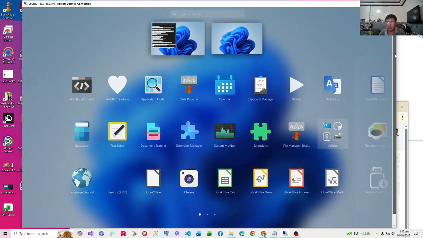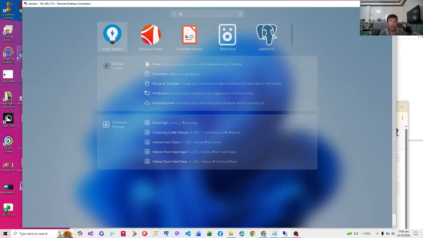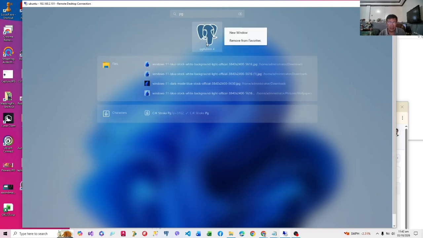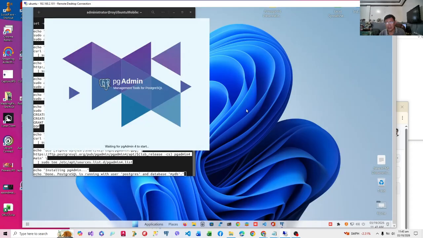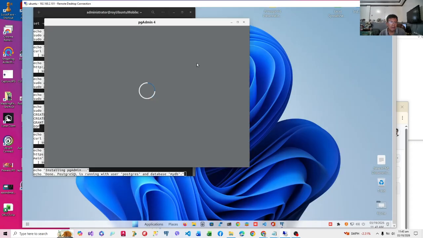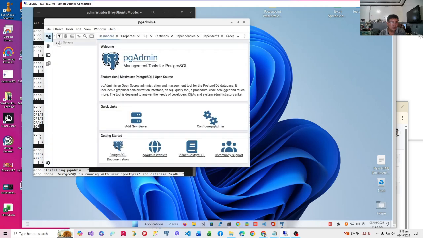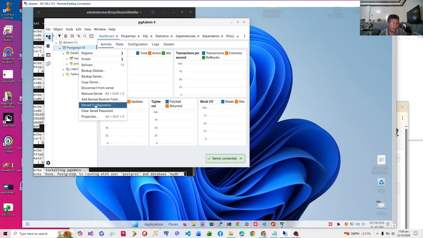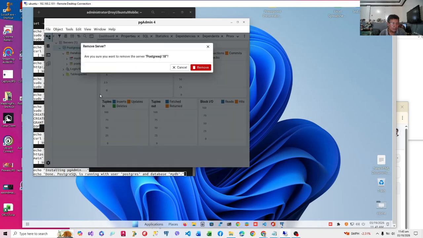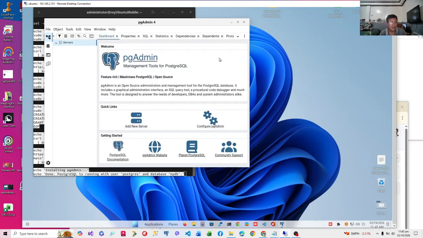Now after you run this script, you can test run by looking for PostgreSQL in your Ubuntu search. So you say pgadmin4. In my case, I've right-clicked this and added this to my favorites, so I have it in my dock like this. So I have my pgAdmin4. Now, to demonstrate the process, let me remove the server which I have created. So this is the initial PostgreSQL that you have.